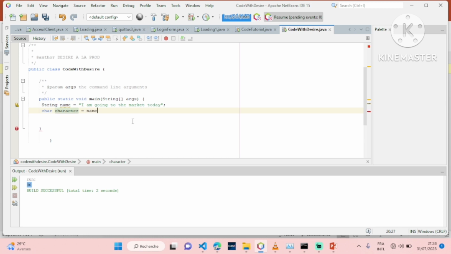We will say name dot charAt. We will say 4. If you launch this program, it is going to give the position. No, sorry, it will give the letter corresponding to the 4th position in our string. If you launch this program,